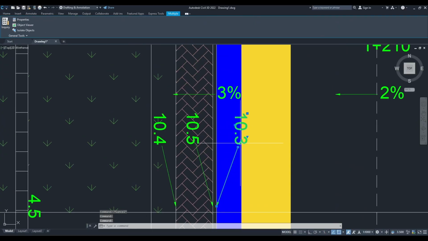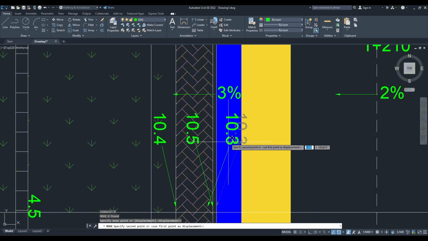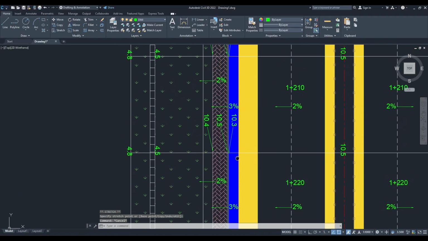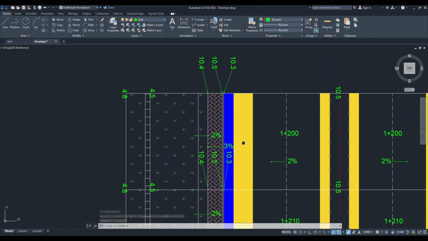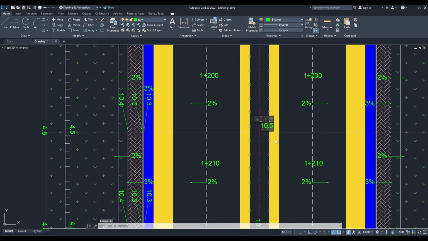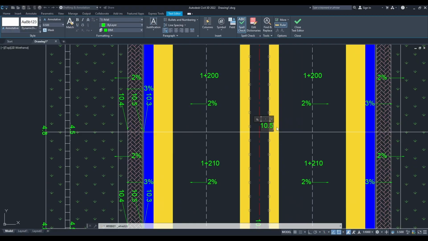This, move it a bit here, select this and put it here, and okay. Now since it was 10.5, so we'll increase it by 2 points, for instance